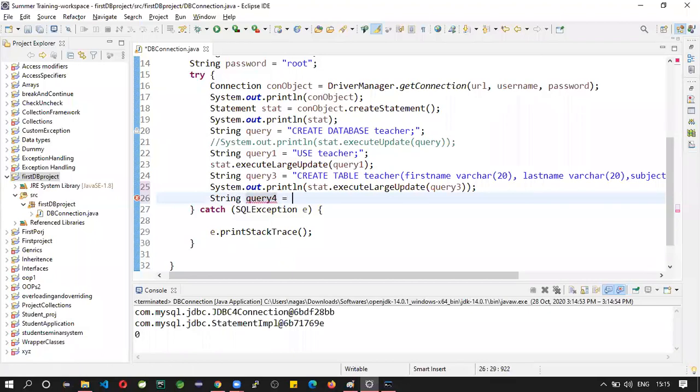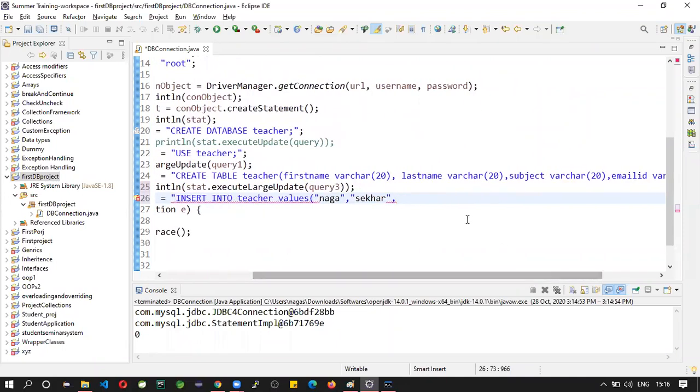String query 4 is equal to insert into teacher values of first name, Shikhar, Java.